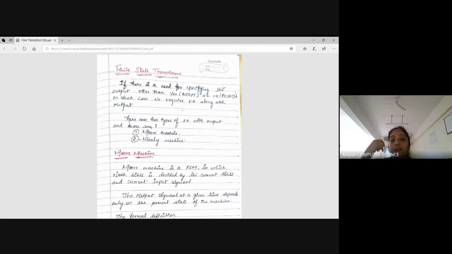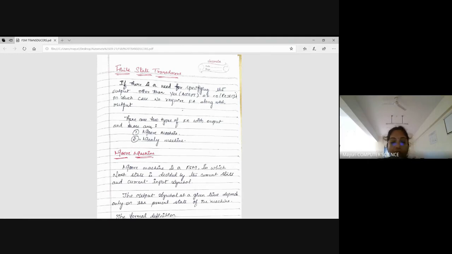We know that. What happens in finite state transducers is, if at all we need some specific cases where our output has to be specified, whether yes or no, here we don't talk about whether the language is going to be accepted or not. We are going to just check whether there is a need for specifying the output in each and every state. There are two types of machines, finite automata here in transducers. We have Moore machines as well as the Mealy machine.